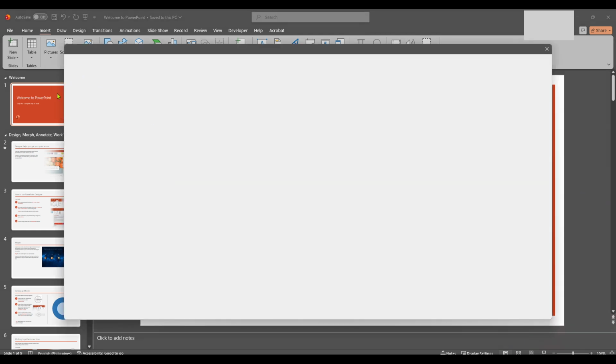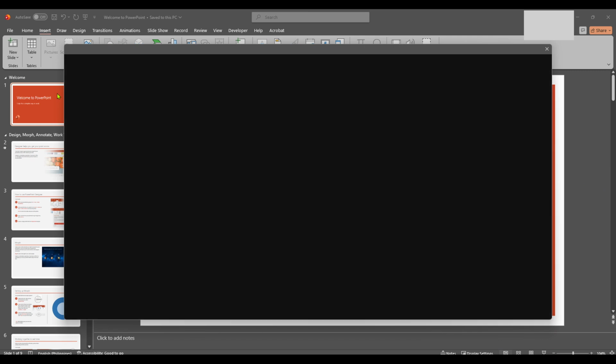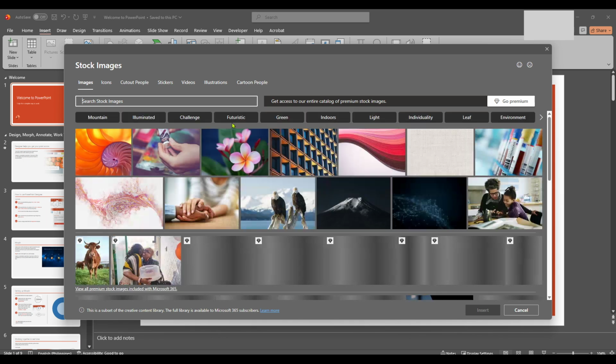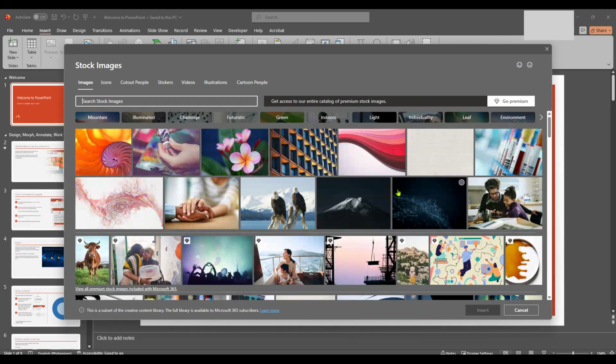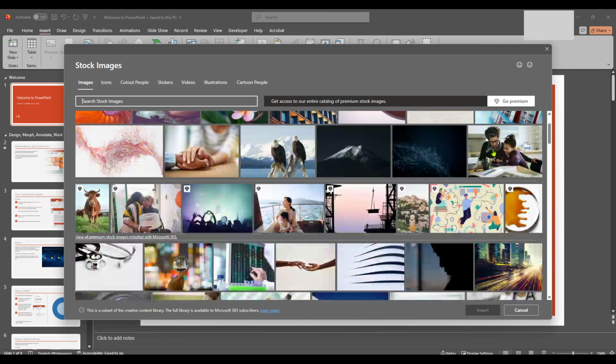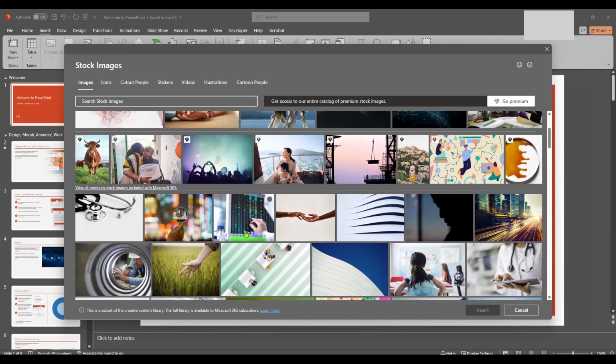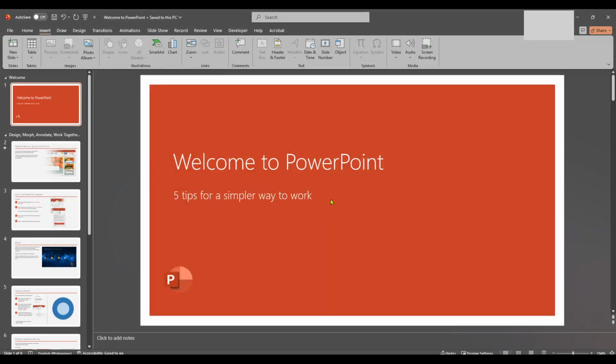Once you're in the Insert tab, you'll see a range of icons and choices. Here you'll want to focus on the Pictures option. Clicking on this will open up a dialog box that lets you browse through your computer's files. Navigate through your folders and select the images you'd like to incorporate into your presentation. You can choose multiple images if needed by holding down the Control key while you click for a more dynamic and visual storytelling experience. After you've selected your desired images, click Insert at the bottom of the dialog box.